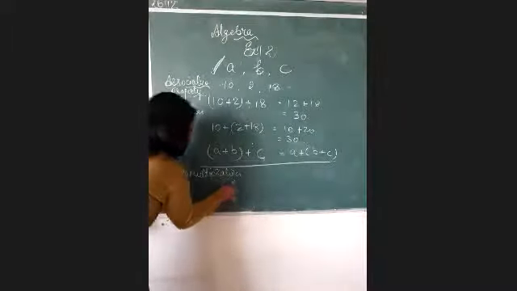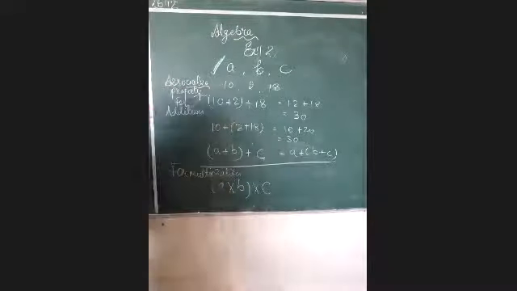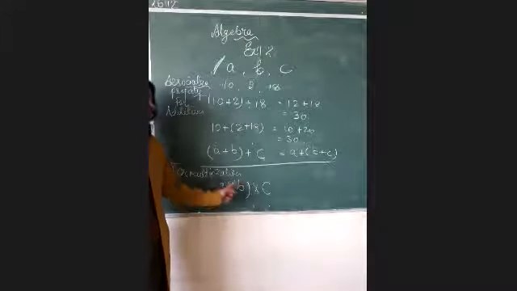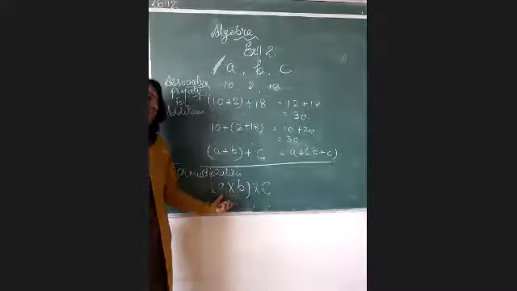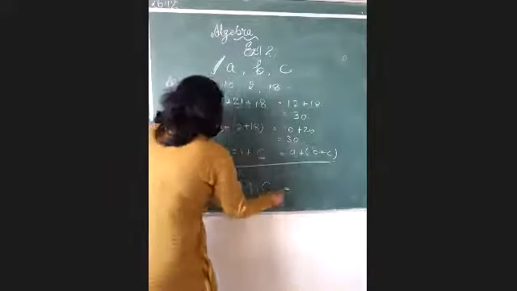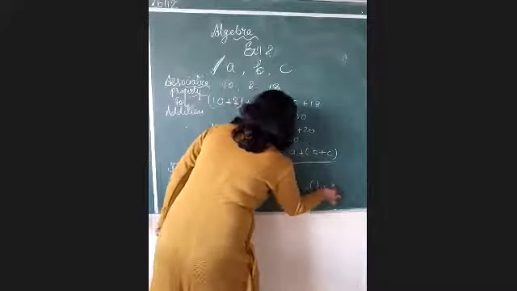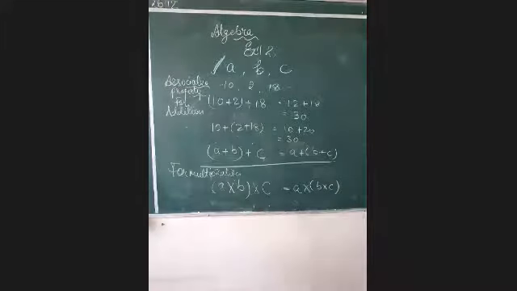It could be A into B one-sided and then multiply C, that you can have A and B multiplied together and whatever answer comes, then at the last you can multiply with C. आप पहले A और B को multiply कर सकते हो और जो आंसर आएगा उसको लास्ट में C से multiply कर दो. Equal to, it could be A separately and you can multiply B and C together. So in both the ways you will get exactly the same answer. This is only called associative property.